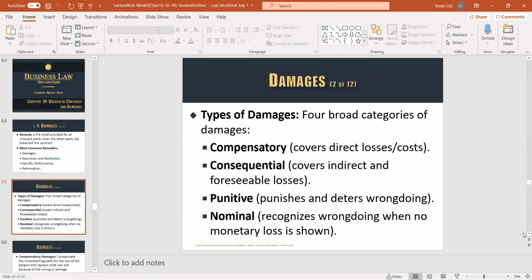Punitive is generally, and again, I have to say generally because there's an exception to almost every rule. Generally, punitive damages aren't available in contract law, but as you'll see in the future, they're available in tort law. And that's basically to punish the wrongdoer. And then nominal. There's been court cases where somebody sues another one for defamation or, gee, you said something about the newspaper, but they can't prove that they were really damaged by what was said in the newspaper. So the judge will say, okay, you win. The person you said something about, you're suing the newspaper, but I'm going to give you $1 in damages because you haven't really proven that you were harmed. You haven't proven your damages or any monetary loss.